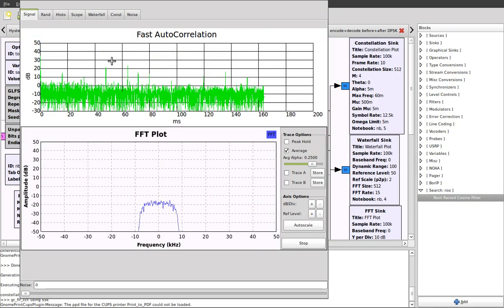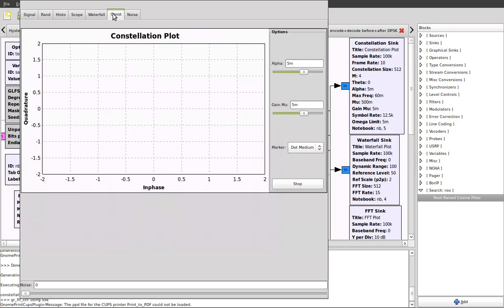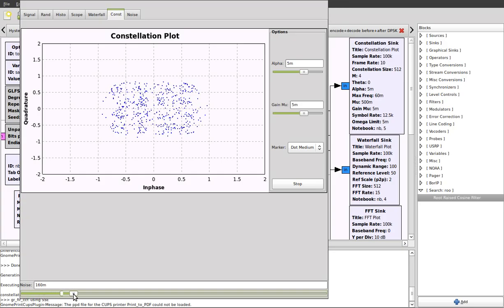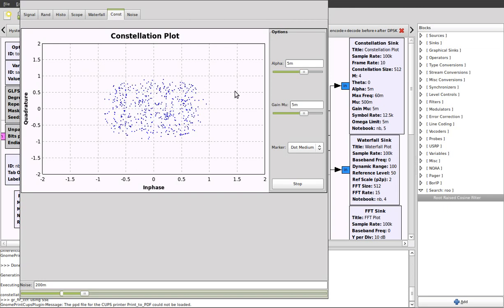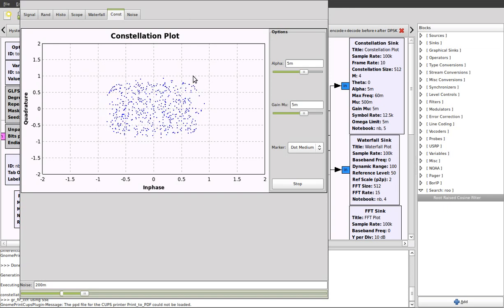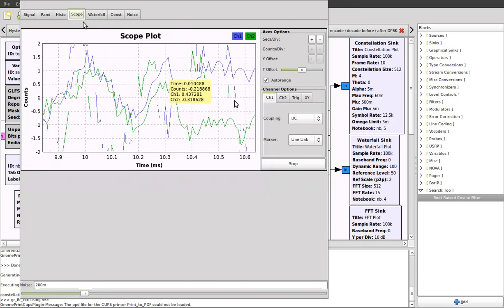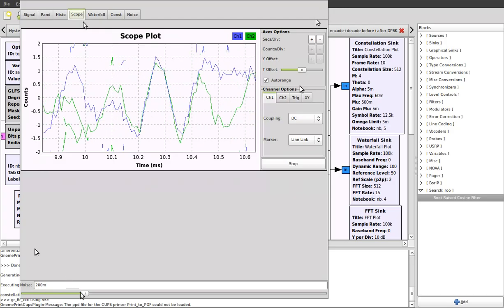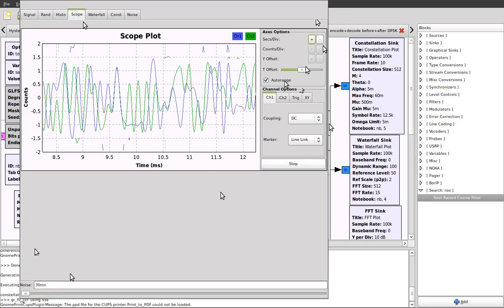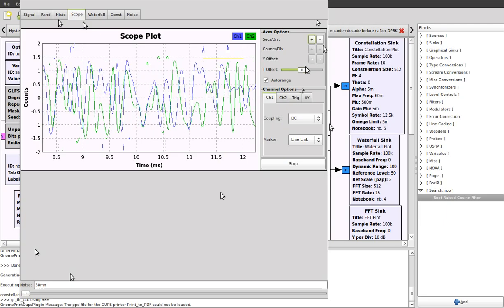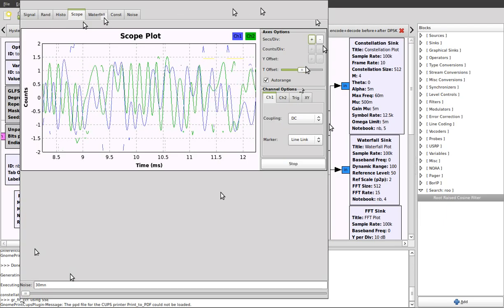we have different peaks here because it's actually taking in 4 bits at a time instead of 2. But on the constellation sync, here we have our 16 points appearing. As soon as I introduce a little bit of noise though, it should fall apart pretty quickly. The constellation sync is really only designed to handle much lower orders of phase shift keying only. And we can see what it looks like on the scope as well. Looks a little bit more complicated than phase shift keying because we can see these additional changes in amplitude encoding that additional information. On the waterfall,